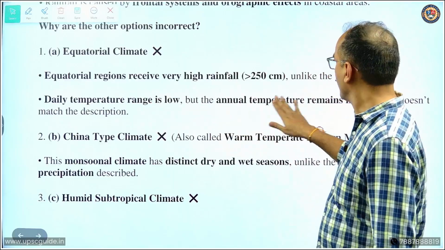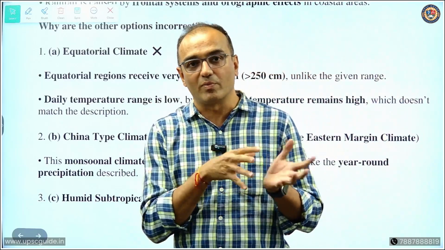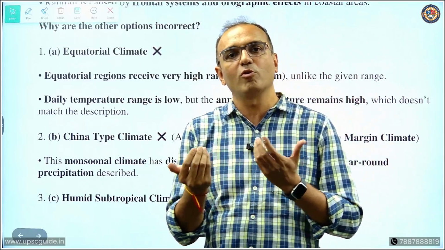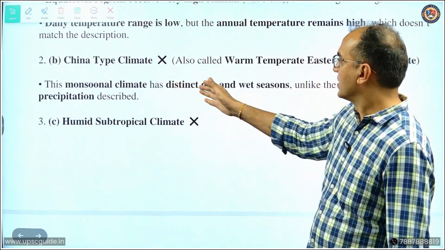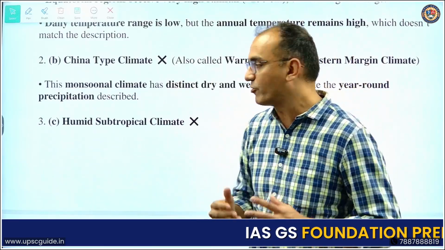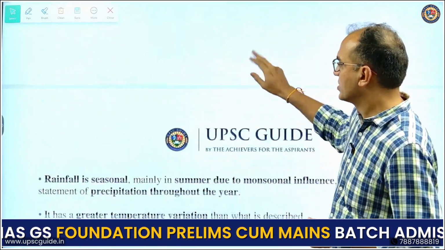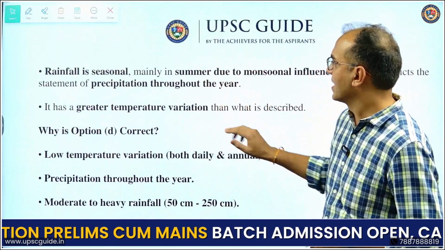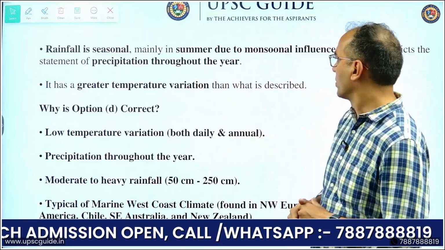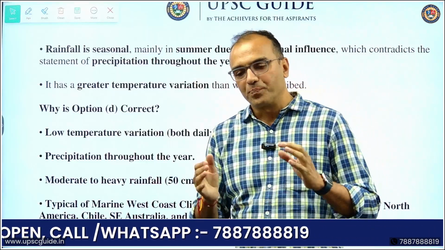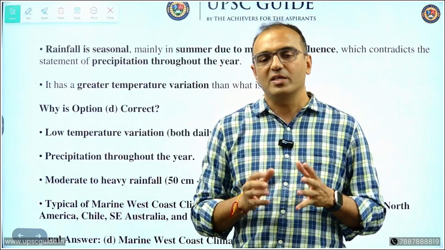Daily temperature is low, annual temperature remains high. So range of temperature daily will be low, but between summer and winter, the range of temperature may also be high at the equator. Right? China type, it is monsoonal, distinct dry season होता है China type of climate में. Wet seasons unlike the year-round precipitation, and humid subtropical, rainfall is seasonal again, monsoonal influence, greater temperature variation than what is described. That is why the correct answer is marine west coast type of climate where there are onshore